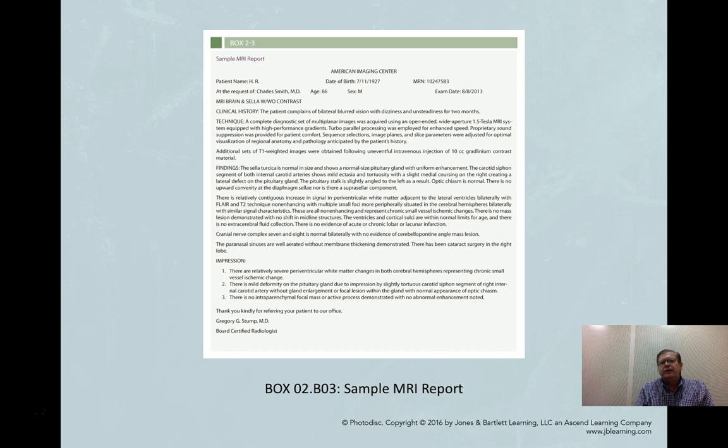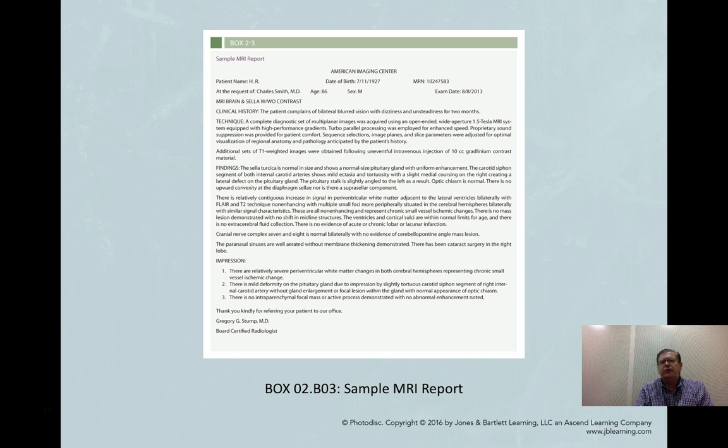So as brain imaging technology becomes better and better, we are able to use the images in a more powerful way for greater and better, more reliable and more valid diagnosis of